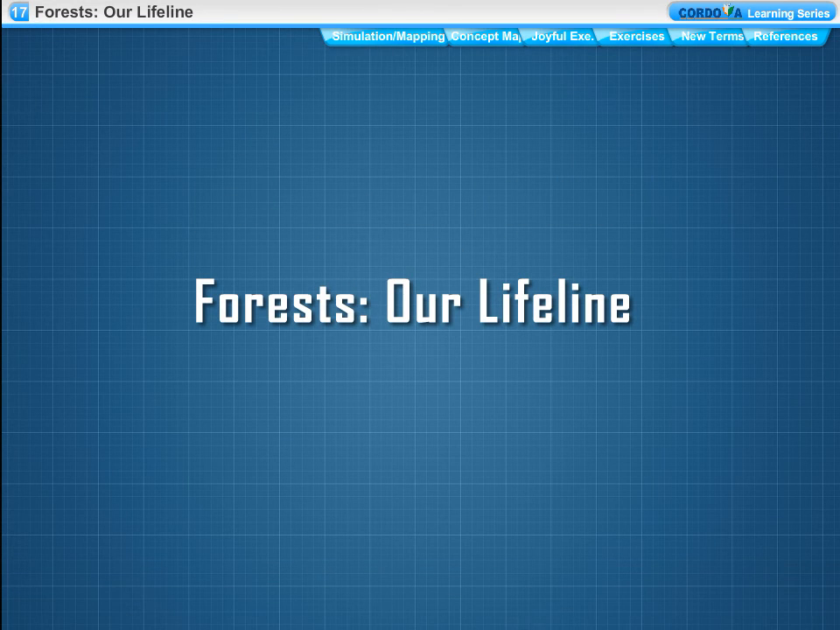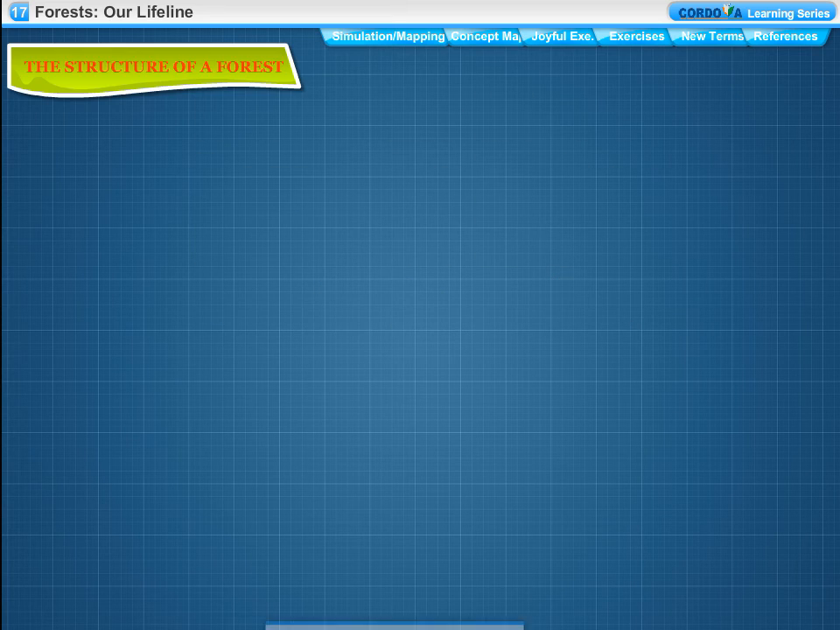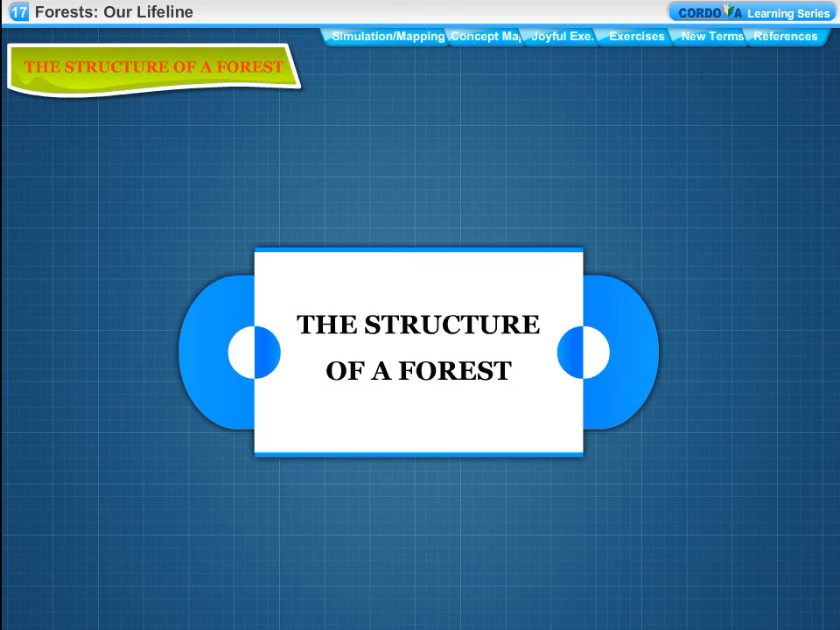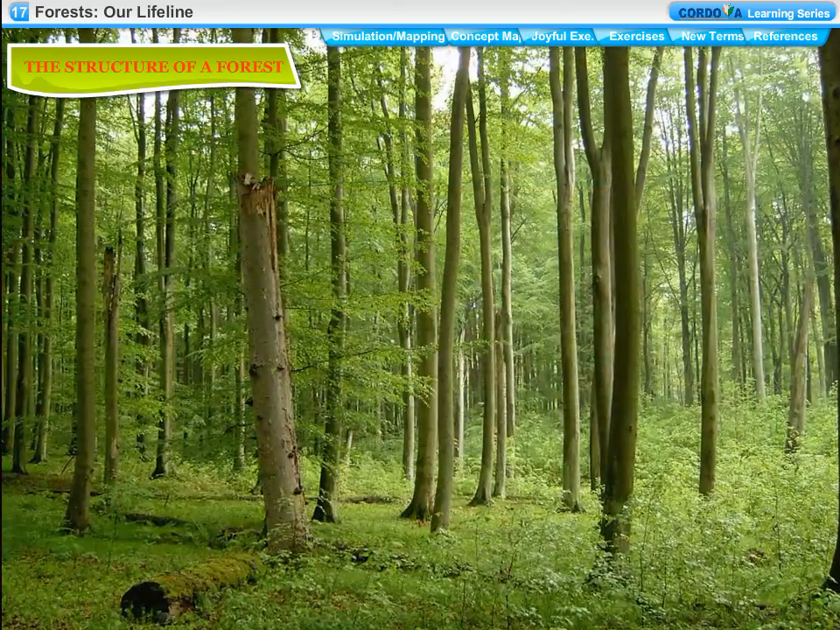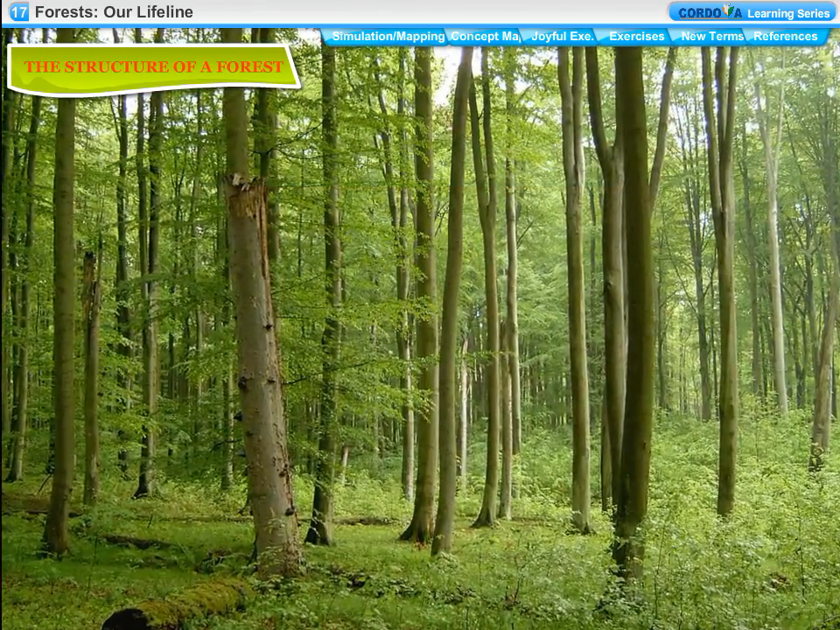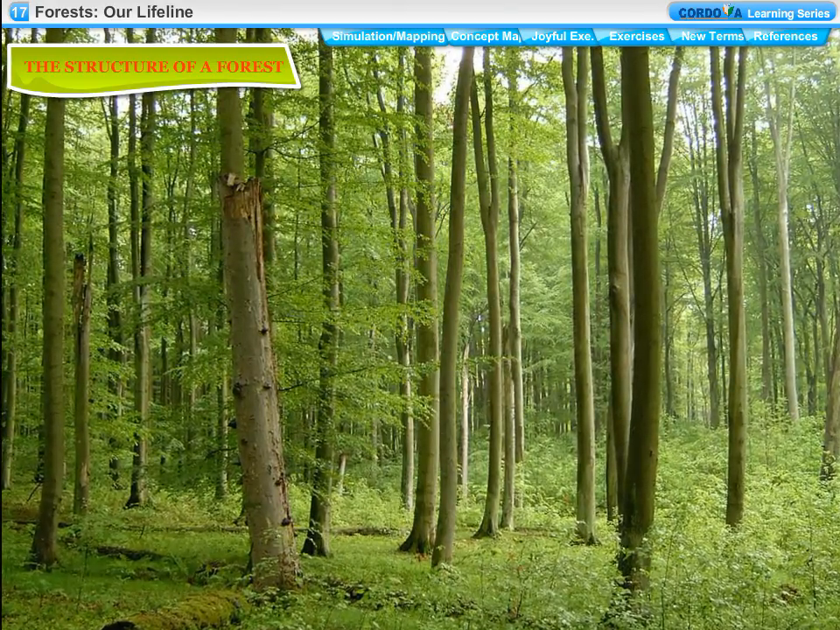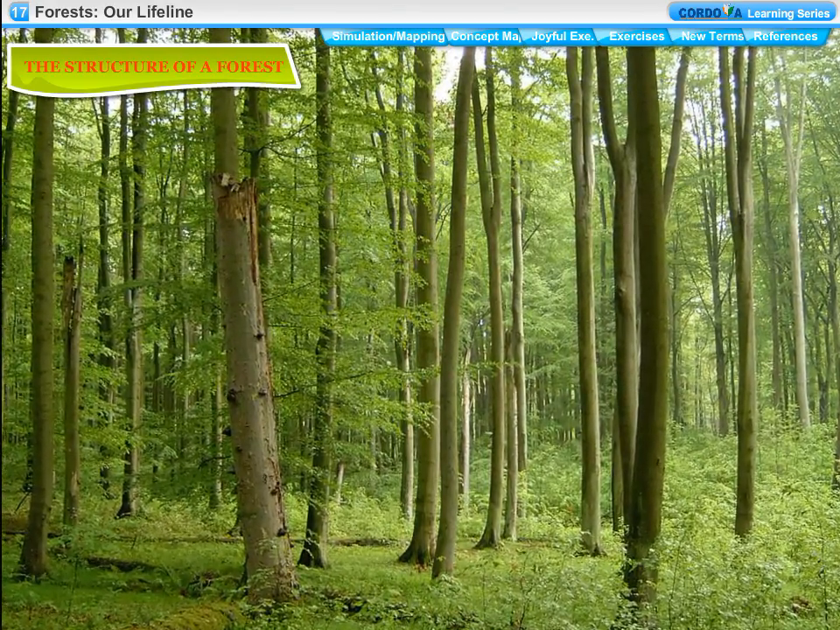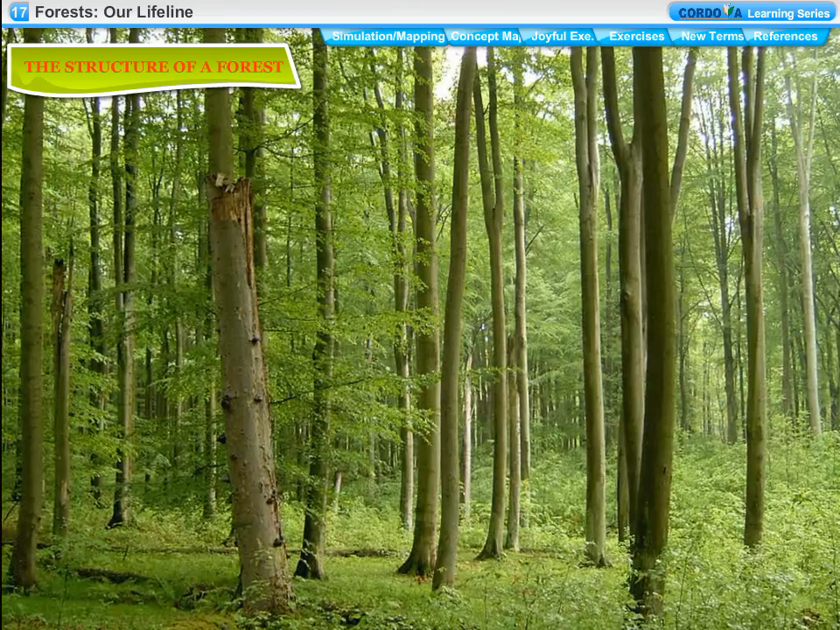Chapter 17: Forests, Our Lifeline. The structure of a forest. A forest consists of different layers of vegetation, trees and plants. The three main layers of a forest, starting top to ground, are